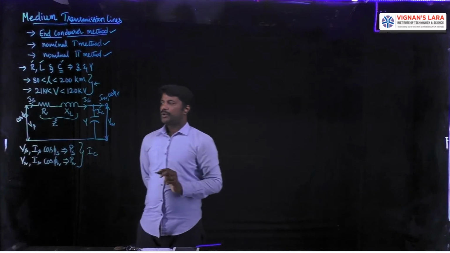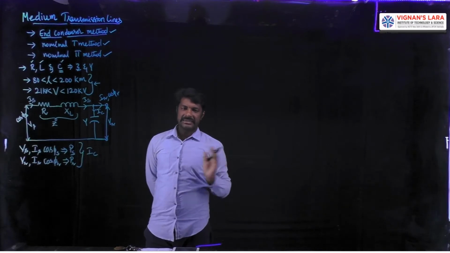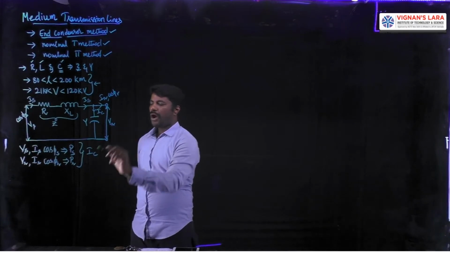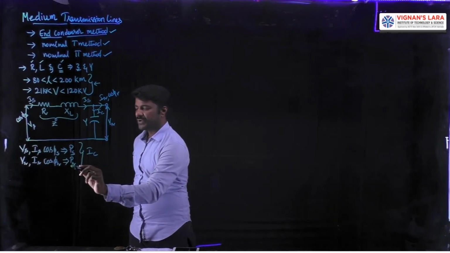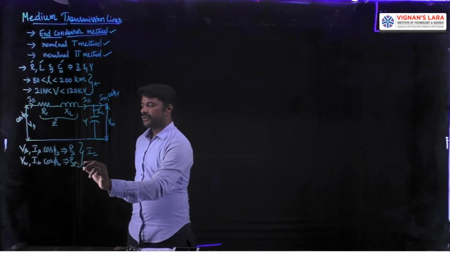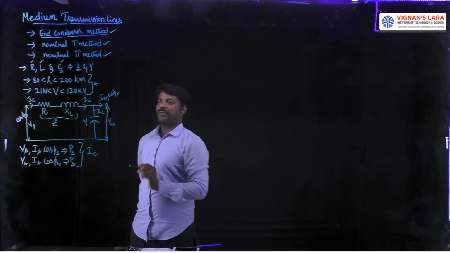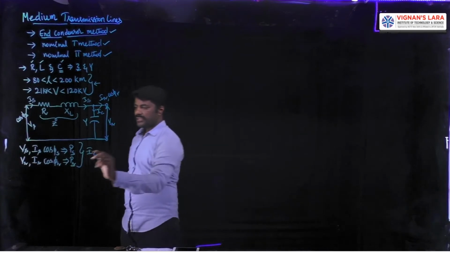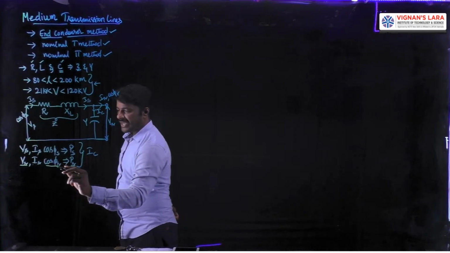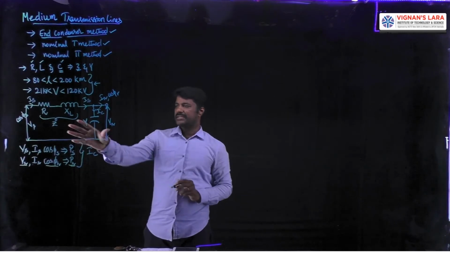So in order to do the analysis for this end condenser method, in general we will start at the receiving end side. Prior to this, we should know how much power is to be transmitted. What is the delivery power by this transmission line is known prior, with a voltage of Vr for a known power factor of cos phi r. So with these 3 known values, Vr, cos phi r and Pr, these are the priorly known quantities designed for this transmission line.